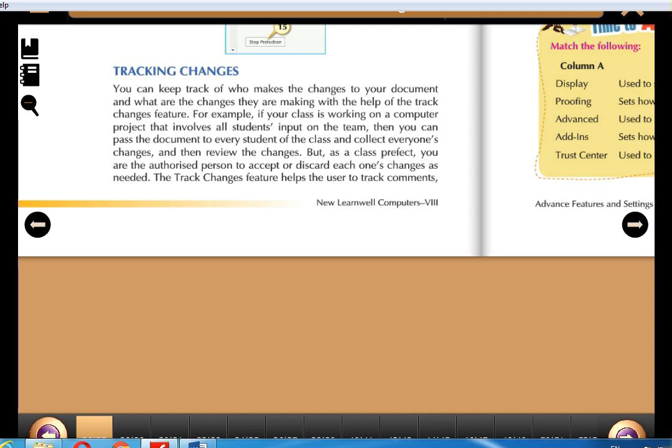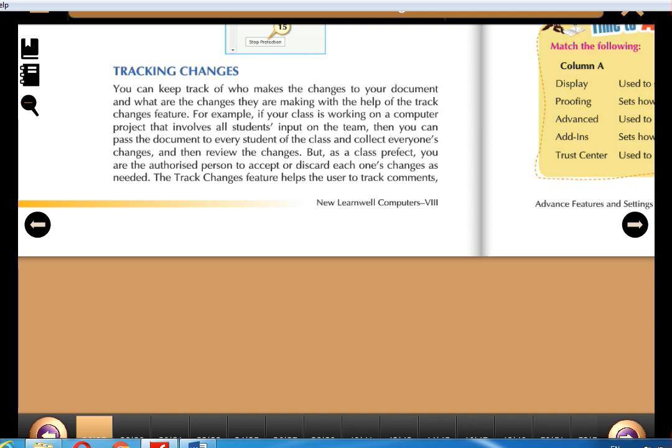Means if one document file is given by your teacher to all the students in class 8, and all the students are making changes in the same Word document, the same file, then what kind of changes every student has made to that document, we have to recognize. So how can we recognize that? By using tracking changes.